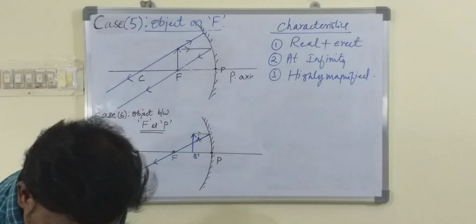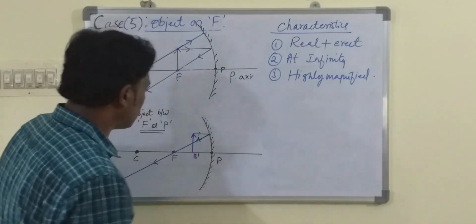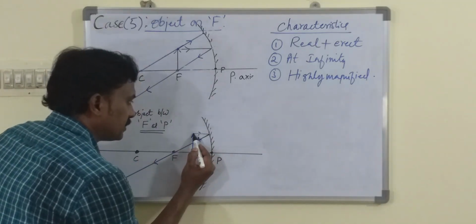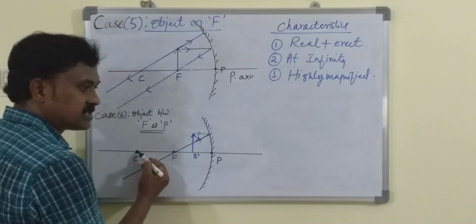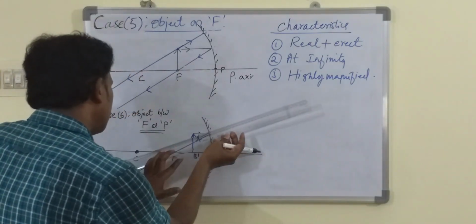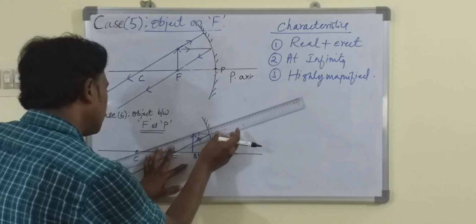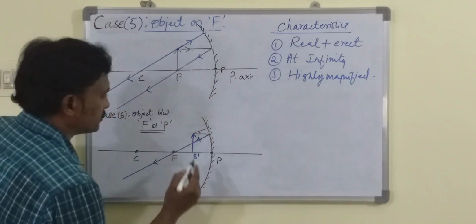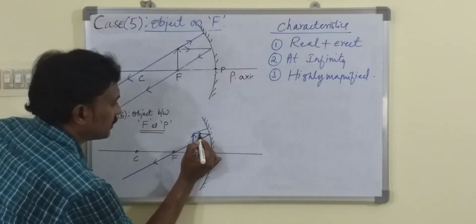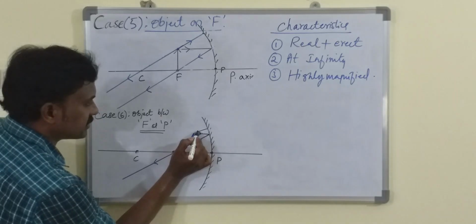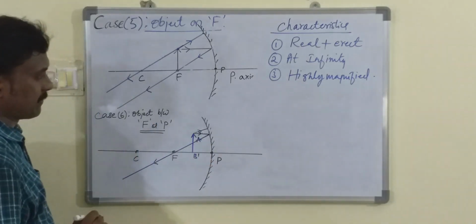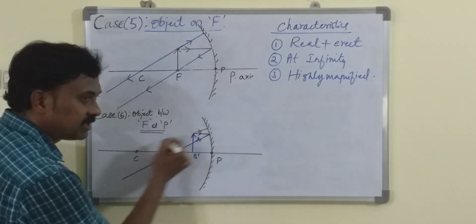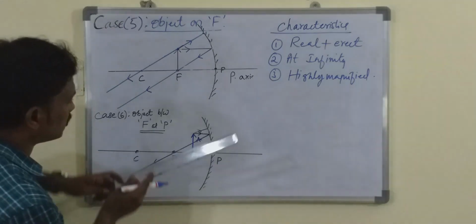Now the second, as we have drawn here, the same rule we are going to follow here also. So I have to draw an incident ray from here, and that ray should come as if it is coming from the center of curvature. So I am going to do it like this. Now the light ray is coming like this. Look at this, it's a little bit complicated. This is the first incident light ray. The second one is this. This is the second incident light ray. Now how does it reflect? It retraces its path. So I am going to draw with a blue color.